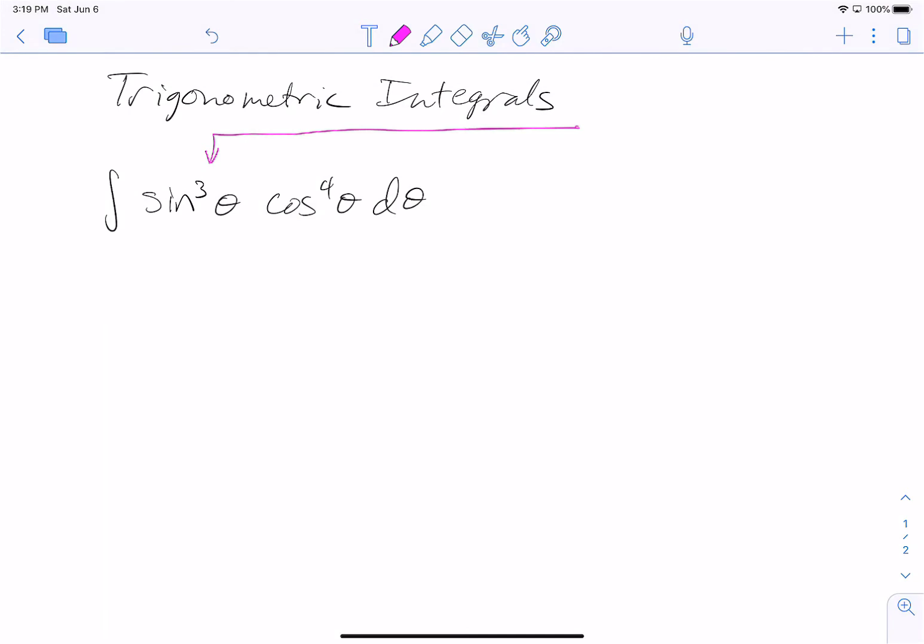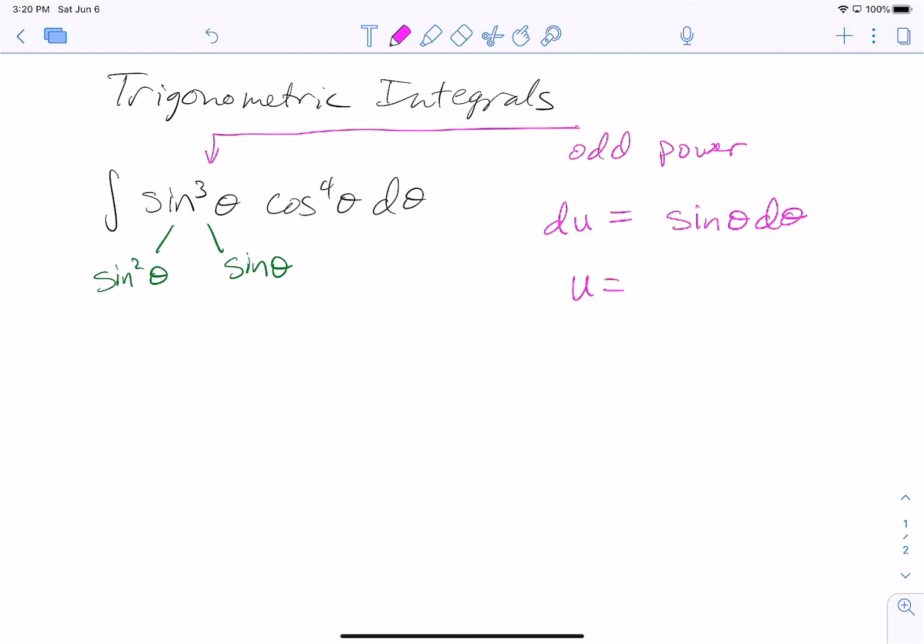Right now, what I'd like to point out is that we have an odd power on the sine function. When we have such a situation, what we will end up doing is breaking apart the sine powers. So we have the sine cubed of theta. We're going to think about that as the sine squared of theta times the sine of theta. Further, that trig function that has the odd power, we're going to identify as our du, thinking about a u substitution. And so we're going to identify that du is equal to the sine of theta d theta. If that's the case, it would follow by an antiderivative that u is equal to the negative cosine of theta,